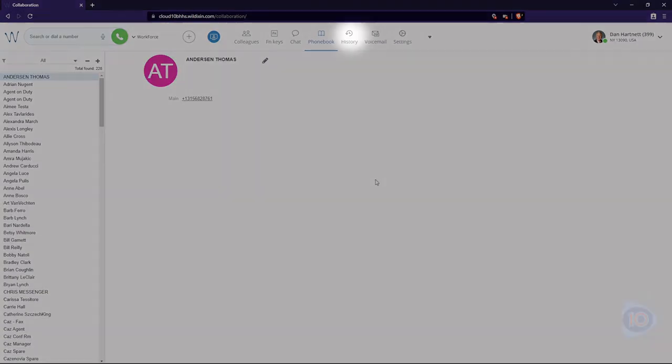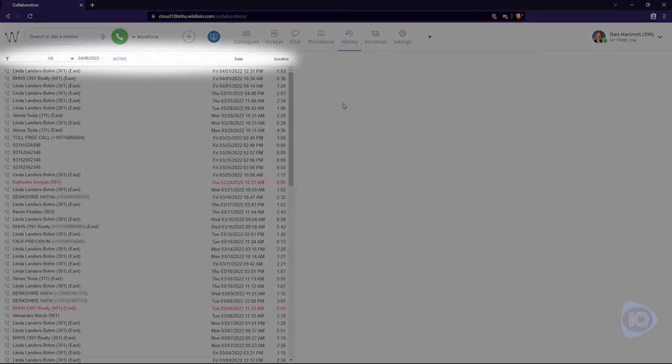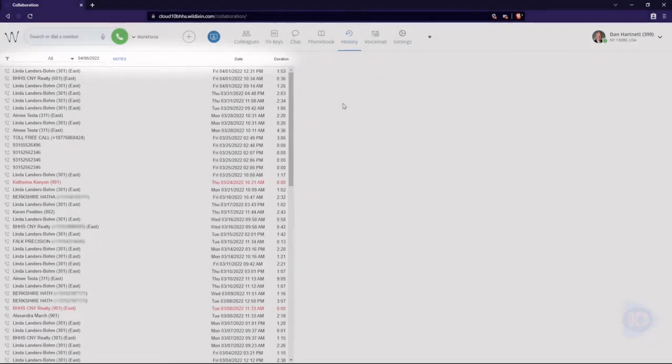Next to that is the call history icon, where you can see all your calls, both inbound and outbound. This is also searchable by caller name, number, call type on the drop-down menu, or even by date. This helps narrow any call list search results. From this call history list, you can click to call someone back, and if you right-click on a call record, you can add that number to your phonebook